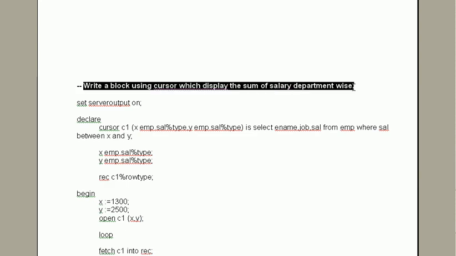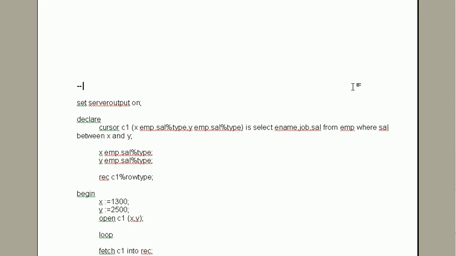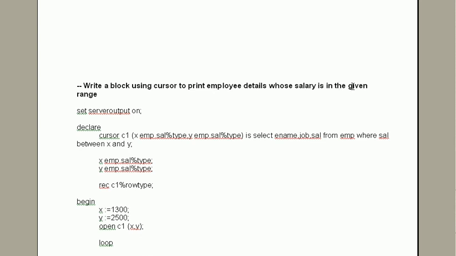The next question is, write a block using cursor to print employee details whose salary is in the given range. So